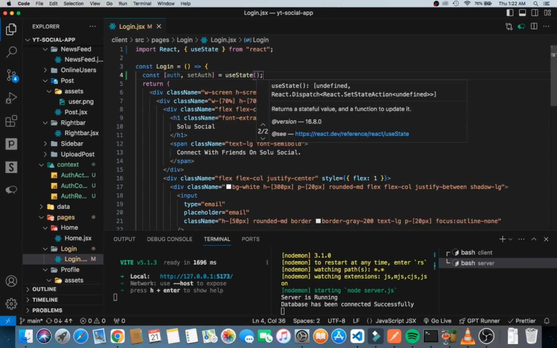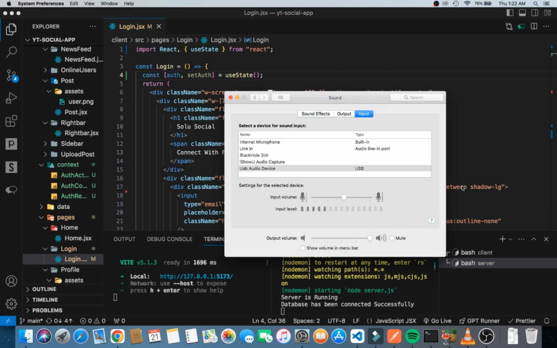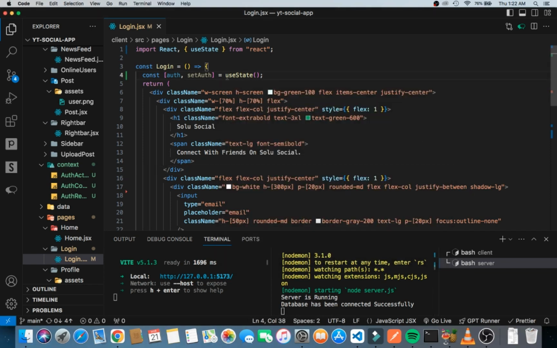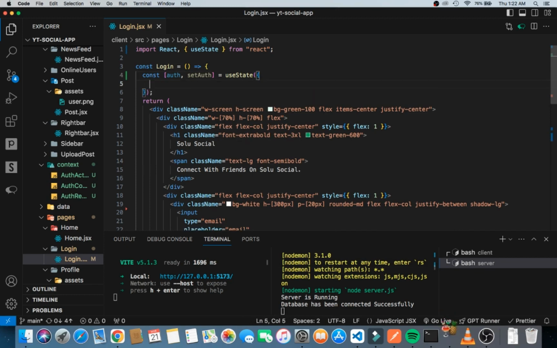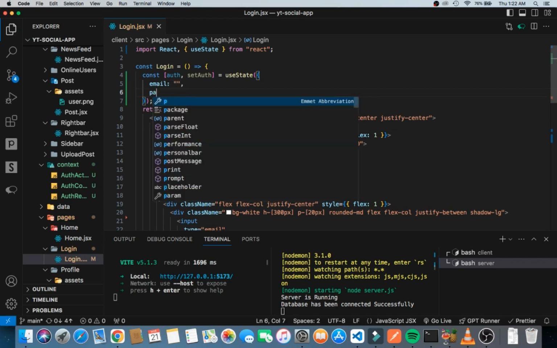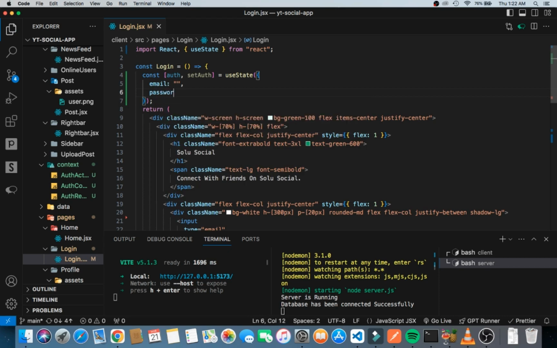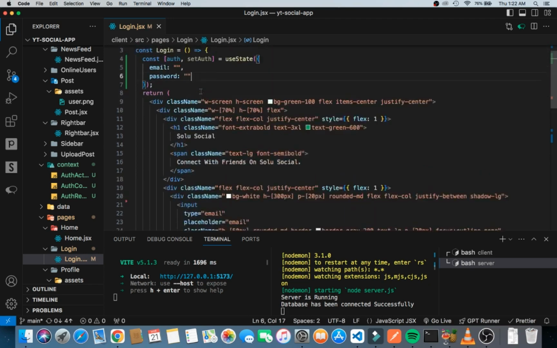Then let me check my mic. Okay, it works. Okay, I set it to a use state. Then inside this use state, I'm going to give it a bunch of variables, right? So I can say this is the email, and the email is going to have an empty string. Then we are going to have the password, also going to have an empty string, right? Now that we have these two bad boys set up for us over here, what are we going to do